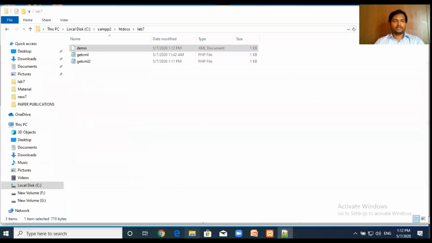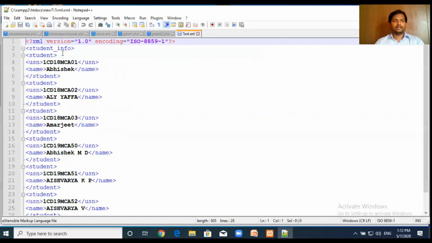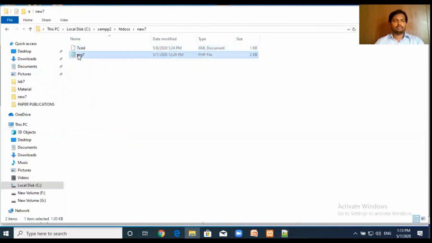So now we have lab program 7. This program contains two files, an XML file and a PHP file. This XML file contains the student information. There are multiple student nodes, and each node has two tags, USN and name. So what we have to do here is, in the PHP code,